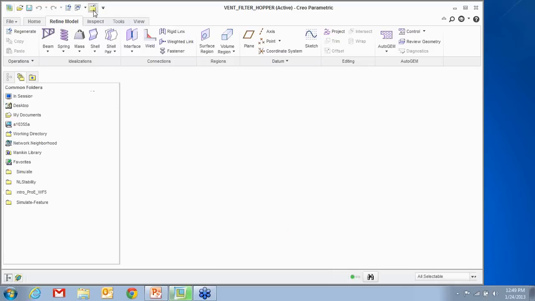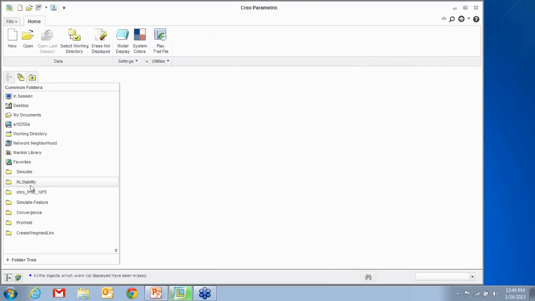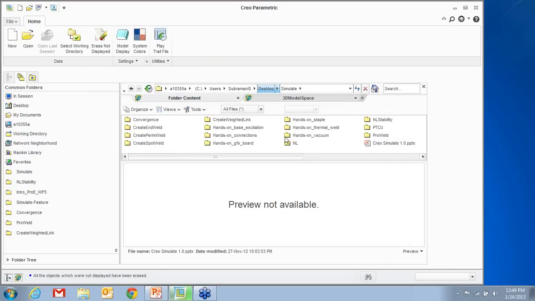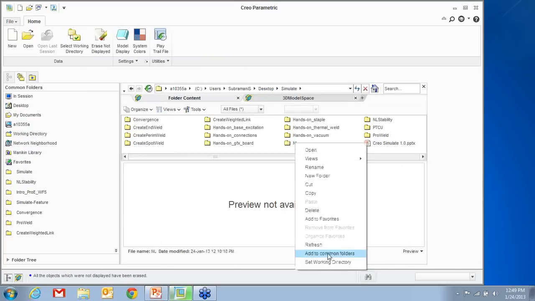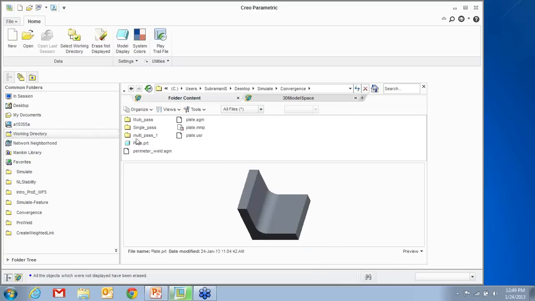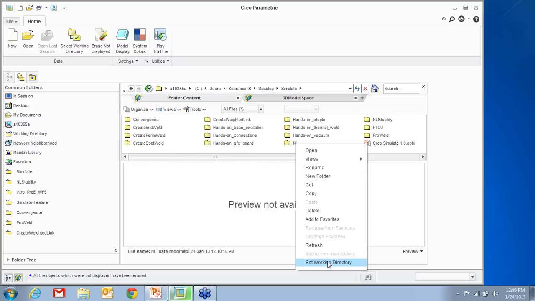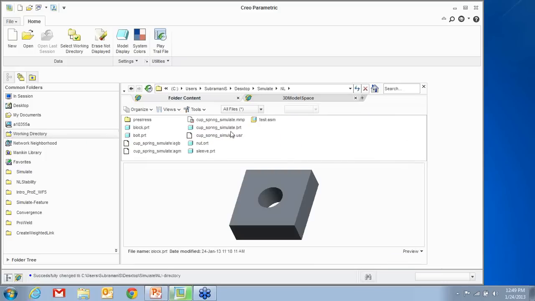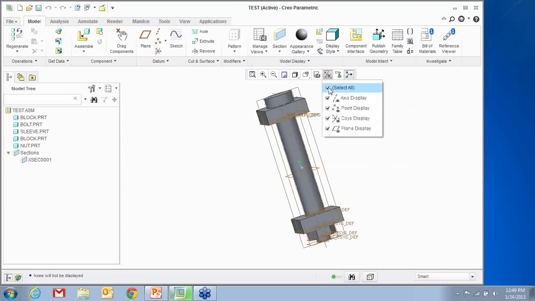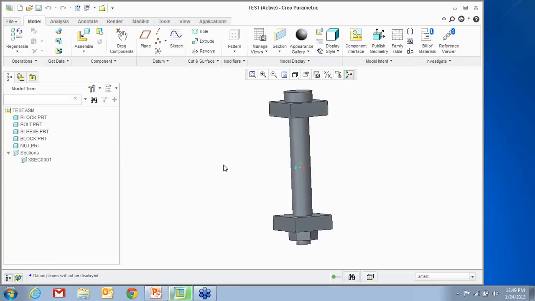All right. Next thing I want to talk about is preloads and how preloads can help you. What if you don't have Creo 2? How will you simulate a preload? So let's get to this. I have this little assembly. All right. Now,